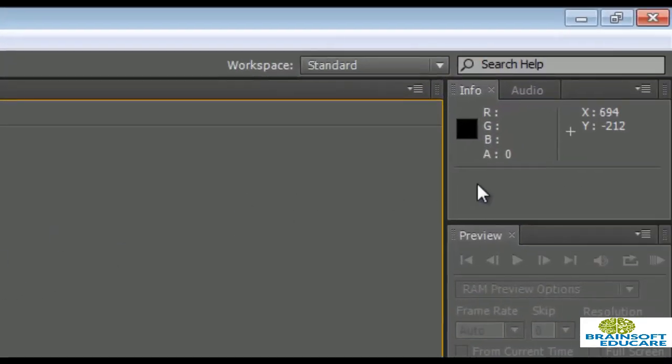When you go to your right, we have the info panel. In this info panel you will see two things, the X, Y and the RGBA. The X and Y are the coordinates of where your mouse is currently at. For example, when I move the mouse over the composition panel, you will see the coordinates change according to the movement of my mouse. So this basically indicates where my mouse is at,